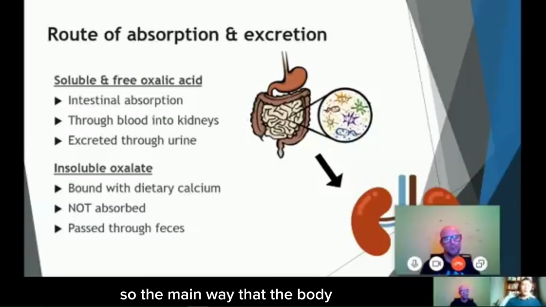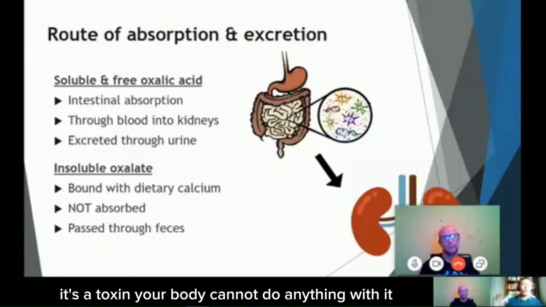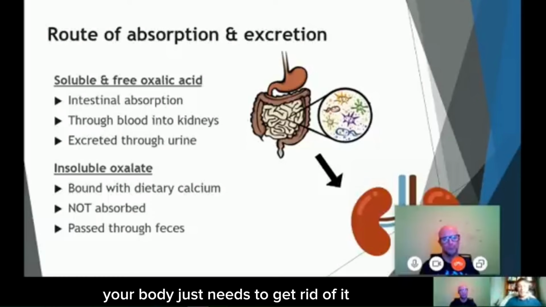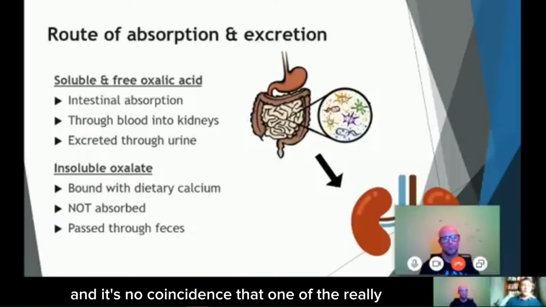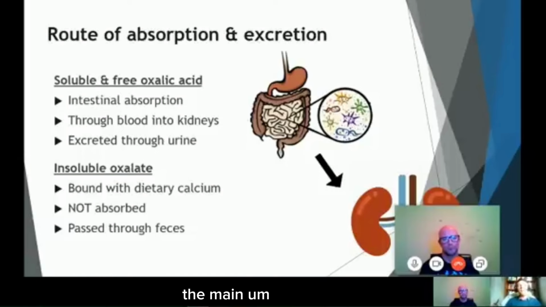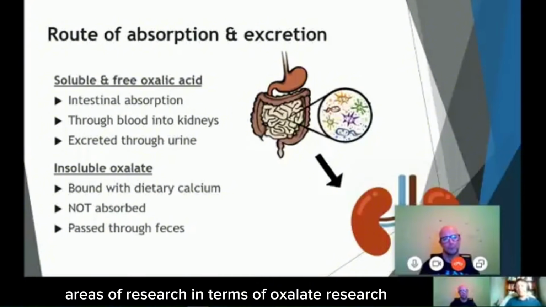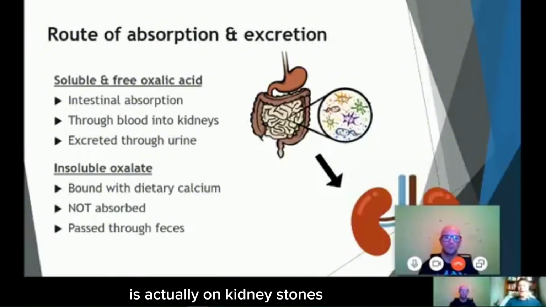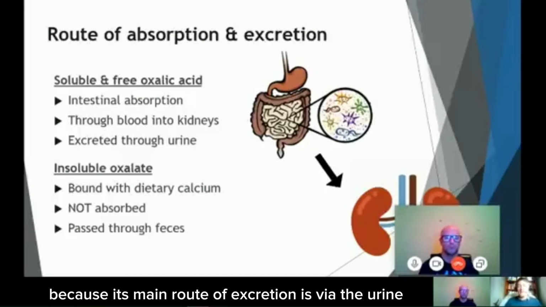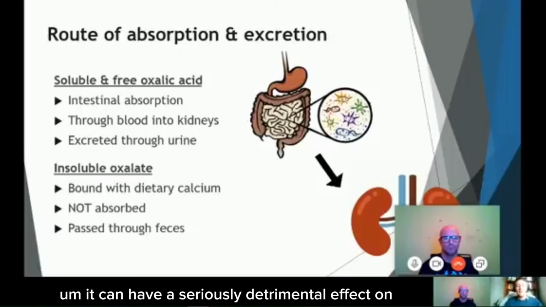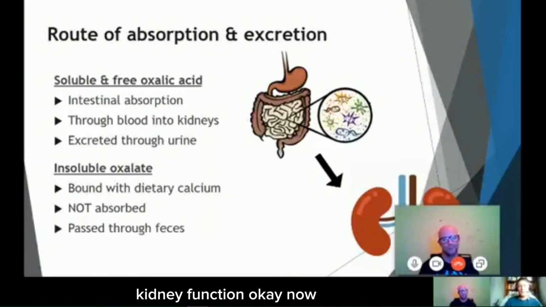So the main way that the body gets rid of oxalate, because oxalate is a poison, a toxin, your body cannot do anything with it, your body just needs to get rid of it. So it's going to go through the urine. And it's no coincidence that one of the main areas of research in terms of oxalate is on kidney stones and renal failure, because its main route of excretion is via the urine, it can have a seriously detrimental effect on kidney function. Okay, now